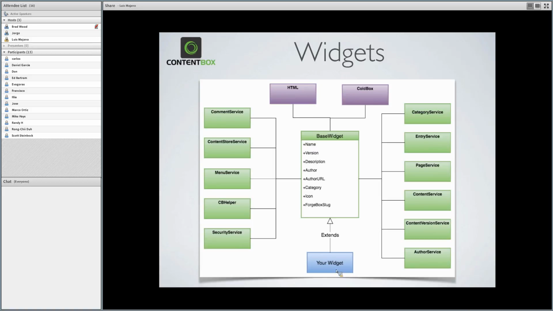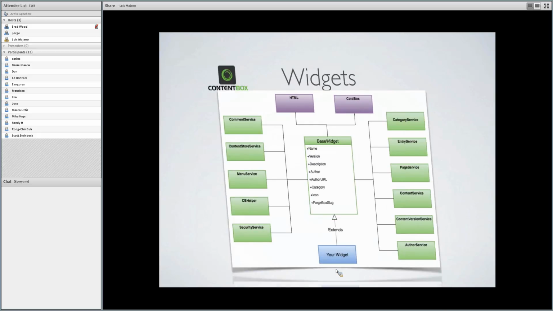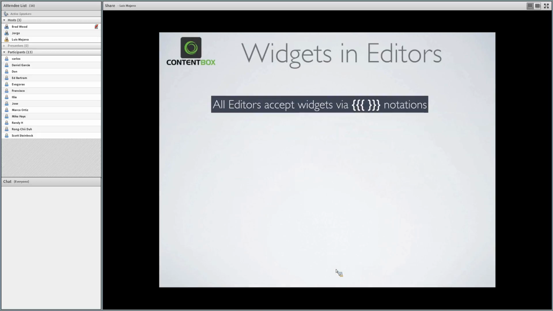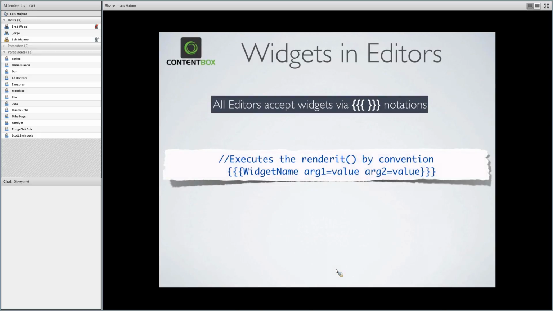So all these services are already wired inside of the base widget in the variable scope for you. You don't have to do anything, they are already there. You also have an HTML helper and a direct connection to the ContentBox main controller. So you also have access to the ContentBox application if you need to, and the HTML helper to create very fancy and elaborate HTML. So you pretty much have everything in your recipe to create widgets.